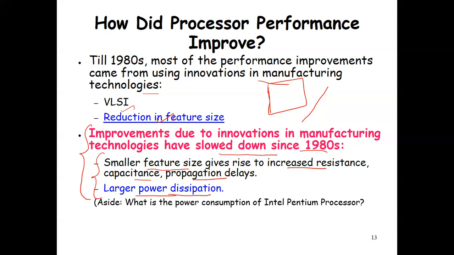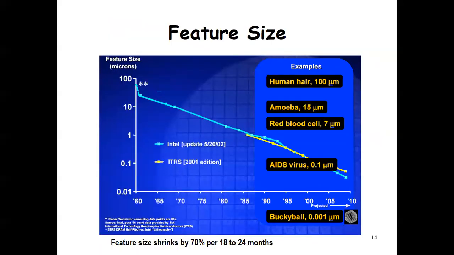Okay. So the point is, we cannot innovate on manufacturing technologies over a particular period of time. There is a threshold on that. Again, this diagram shows how the feature size is getting reduced. Initially, the feature size of the IC was 60 nanometer, and over a period of time, you can see